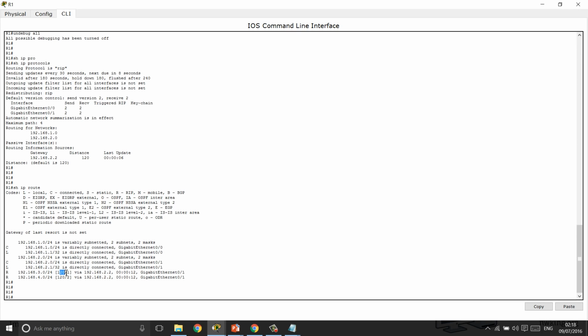Now what is AD? Admin distance, like we discussed, is a believability. If, for instance, there is another route, a static route, a static route has a believability of 1, which means it's the best. The lesser the value, the better. So for 192.168.3.0, RIP says you need to go via gigabit Ethernet 0/1, and let's assume there is another route for 192.168.3.0,